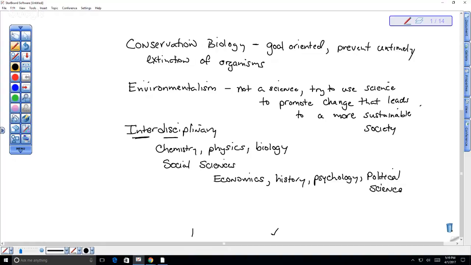So that was the beginning of environmental science. And now it is super important primarily because we have so many humans on the planet, over 7 billion people, and we all have to share resources, right? And so it's really important that we understand the big picture of how we can equitably distribute resources in such